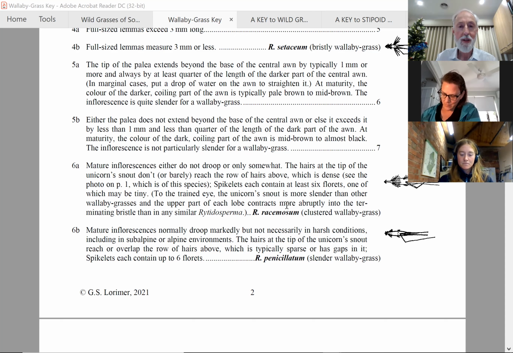And I suspect that part of the reason for that is that the seeds are very readily spread around the landscape on dog's fur and in our socks and bootlaces and stuff like that. To the extent that I don't know what the pre-European distribution of this species was. I mean, there are some very early records of it, and so it would have been probably natural where those specimens were collected. But for example, I lived in Montrose from 1983 through to 2002, and there was no Rytidosperma racemosum in Montrose